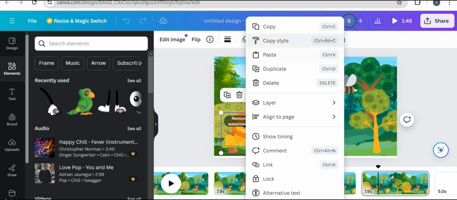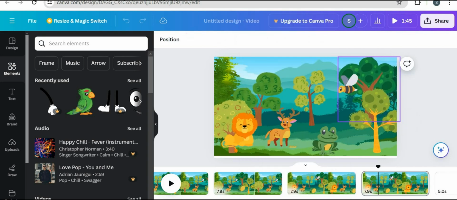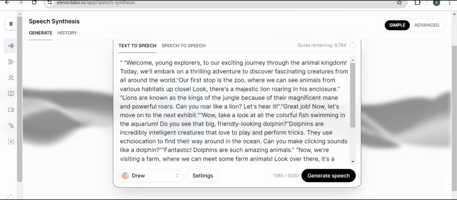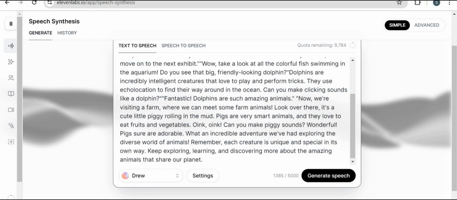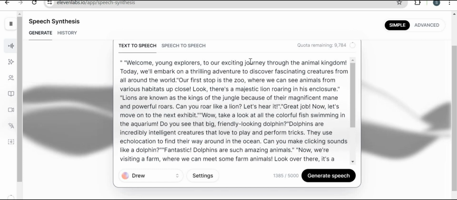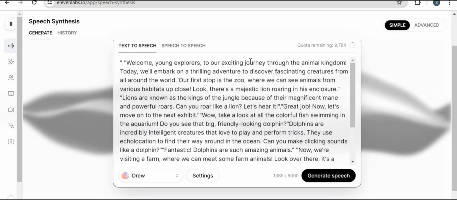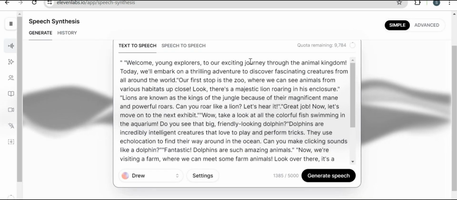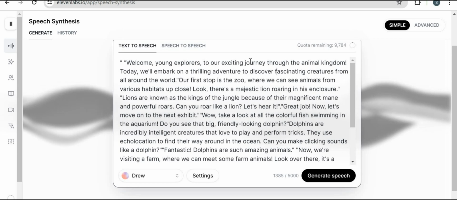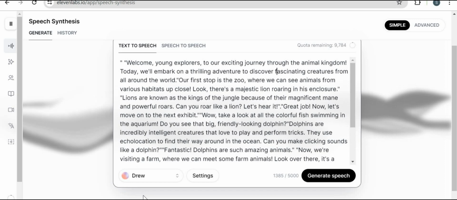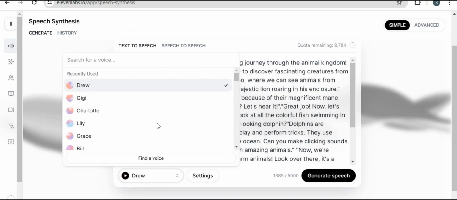Let's get started. How he has created this. First, he generated the voice. He generated the script: what all things he will do, what all things he wants the narrator to narrate in the story, the main dialogues. So this he has written, and after that, he has converted this text into speech using this 11 Labs amazing AI tool. We have to just select the voice, and once the voice is selected,